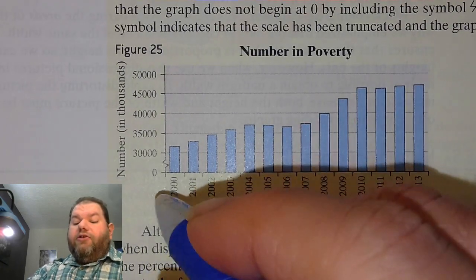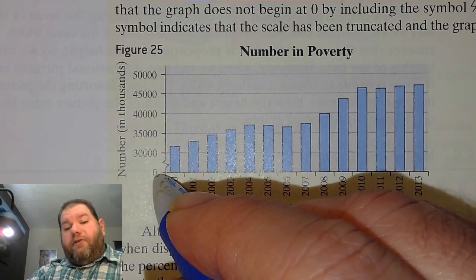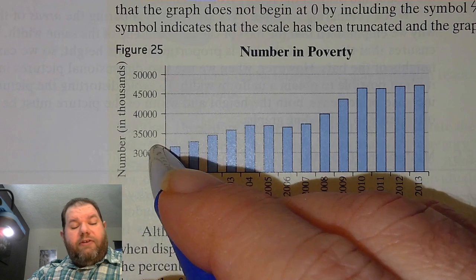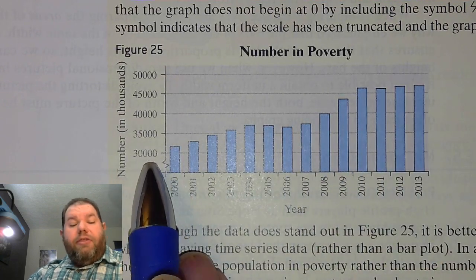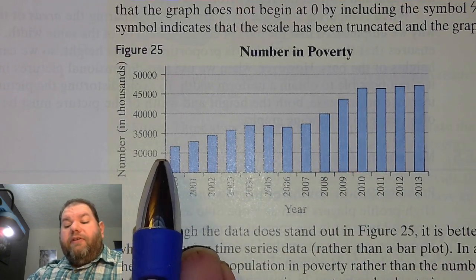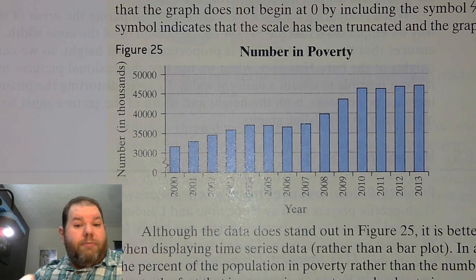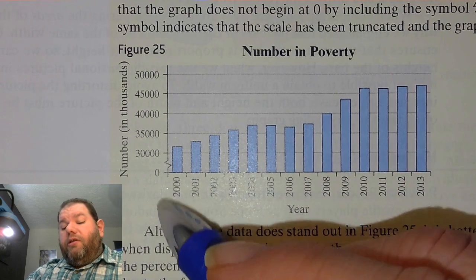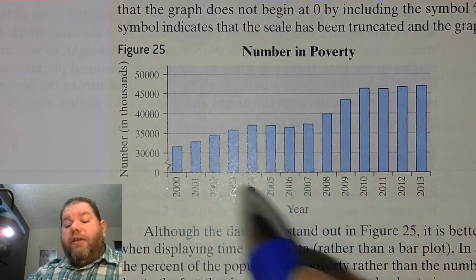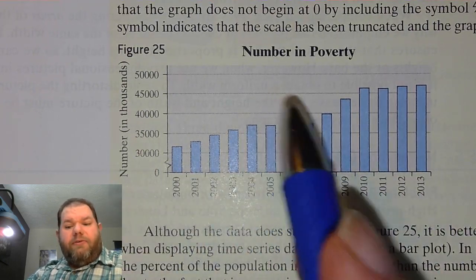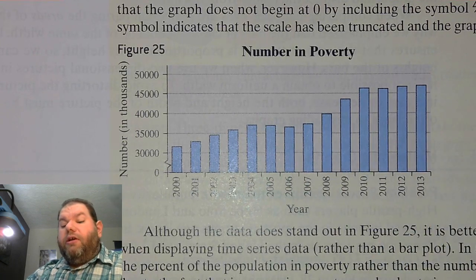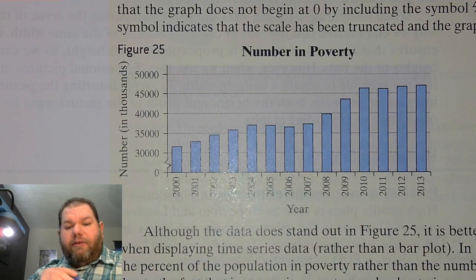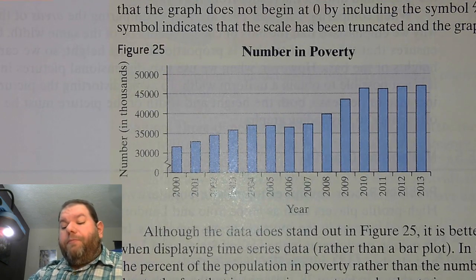We have the zigzag shape. That means that, okay, we started at 0, but then we skipped a bunch because everything here is higher than 30,000. Everything's in the 30,000 to 50,000 range, or 30 million to 50 million range. So let's get that out of the way, and now we can look better at how these numbers change from one year to the next, as is being represented on the horizontal axis. So